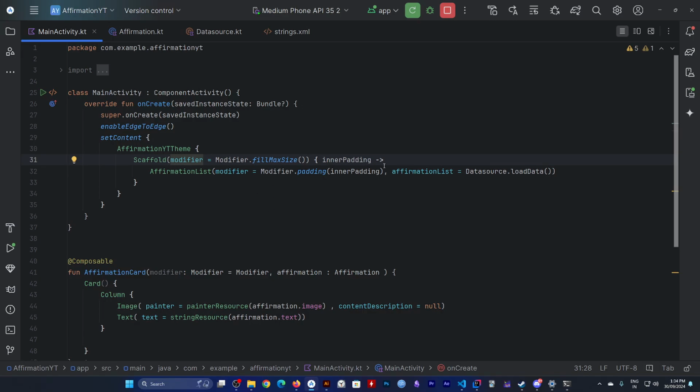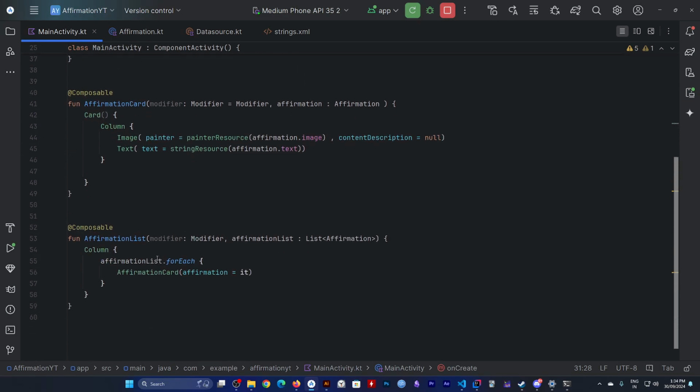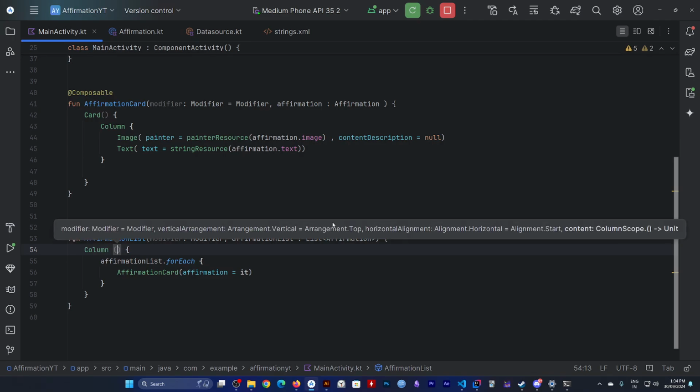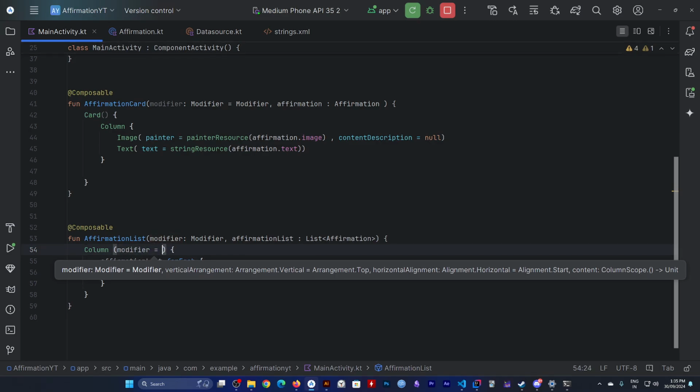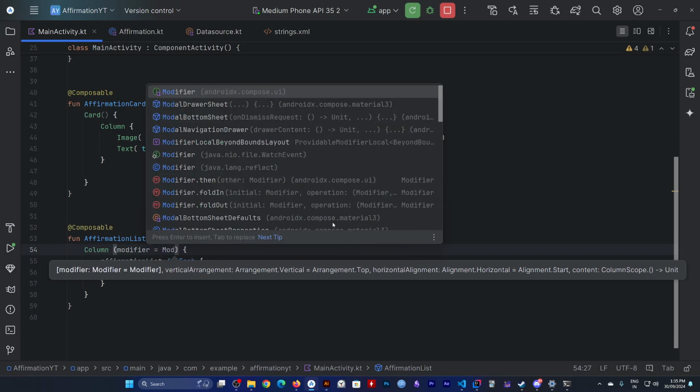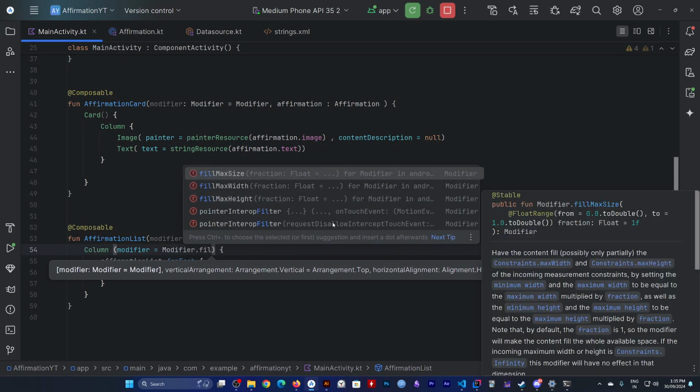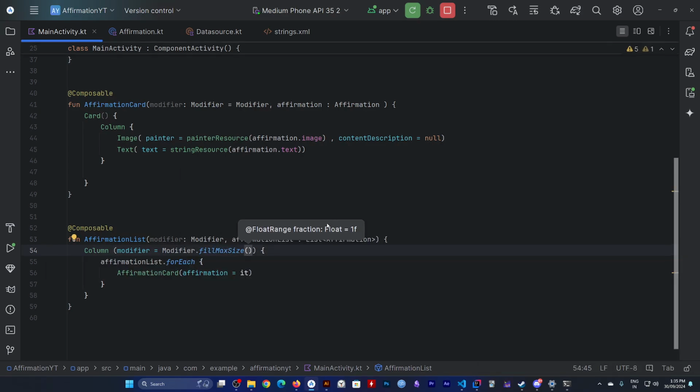In our padding, we're passing dot, and let's start with this. Let's give this fill max width modifier, fill max size, and for